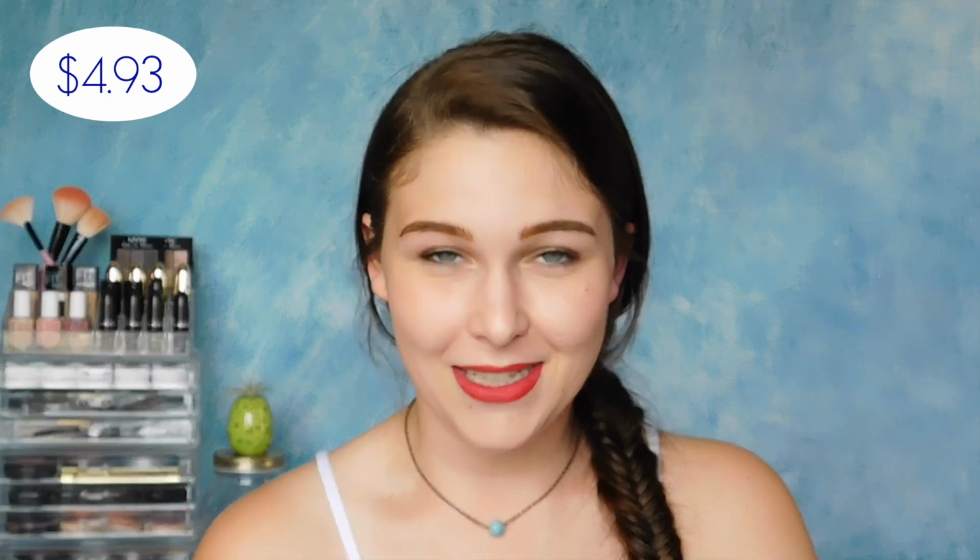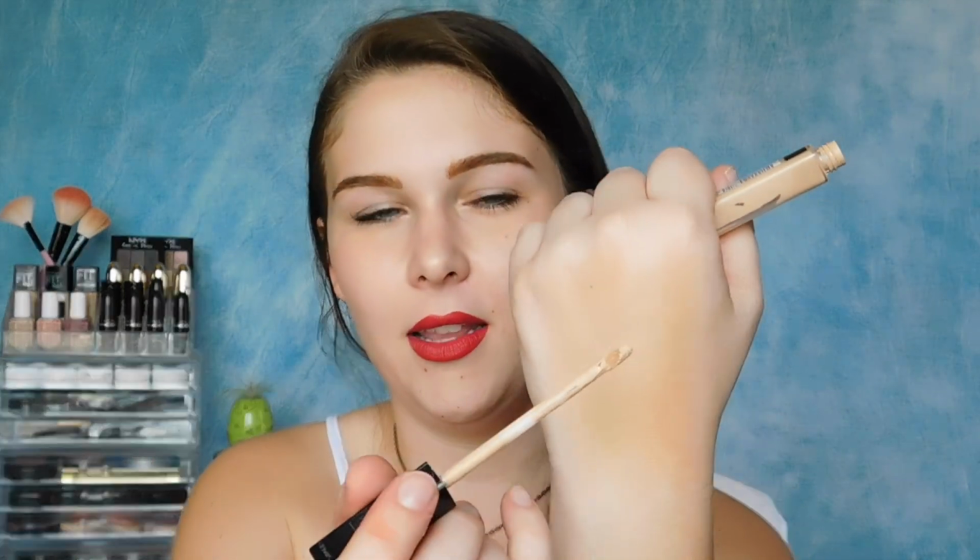The next product I want to talk about is the Maybelline Fit Me Concealer. The number one reason I like this concealer is because it's not creamy or cakey. It's actually a really liquid-based concealer, if that makes sense. So I'll just go ahead and swatch it for you guys real quick. So that's the color of the concealer that I have. This one I think is in the shade